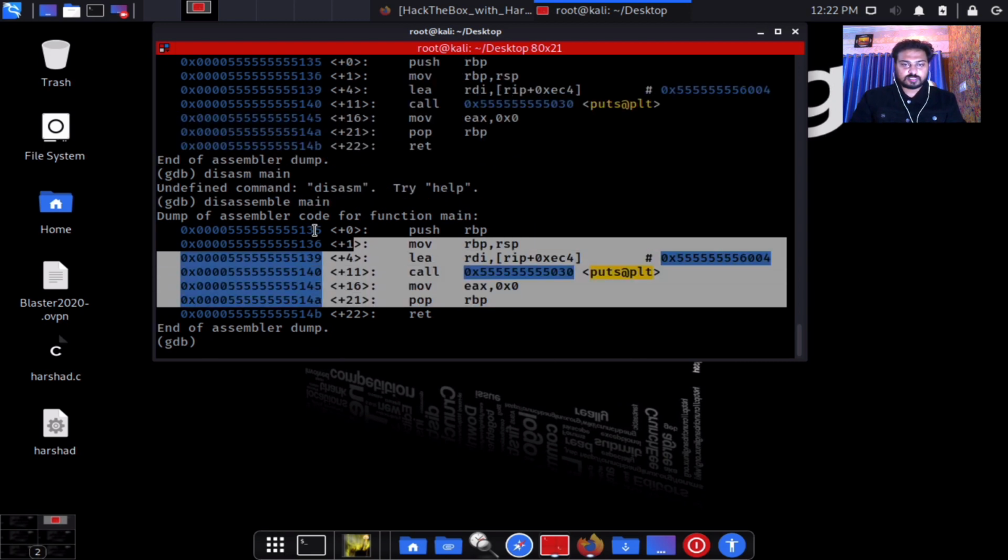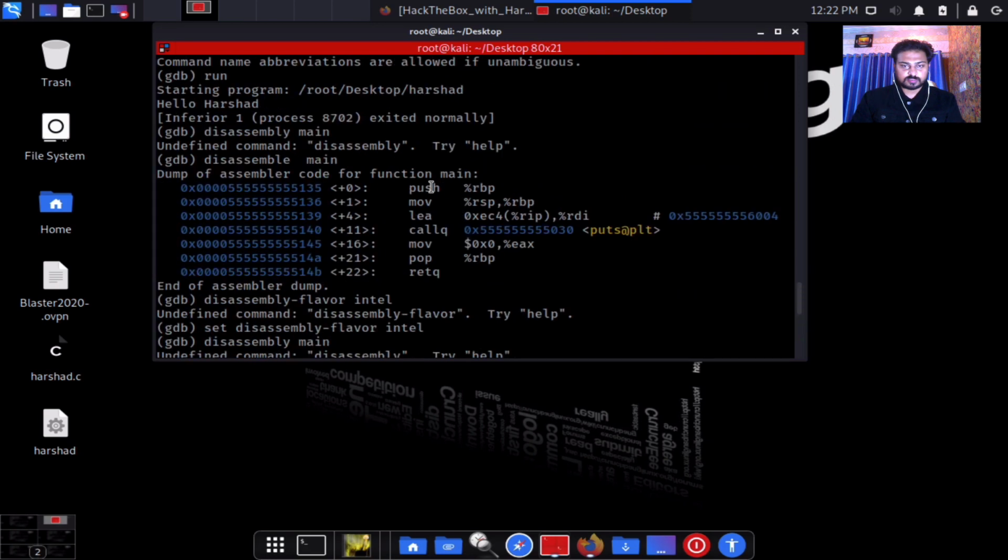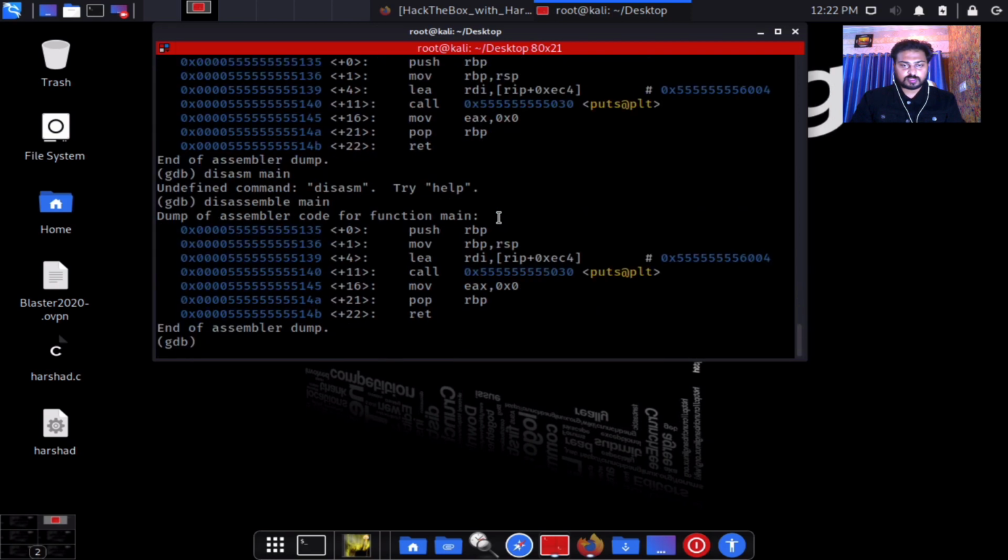So these are the instructions again, okay, able to see. You can see the difference between these two instructions. One is this and the second is this. This one has a percentage, and here, without this. Okay, this is how we can check it out.